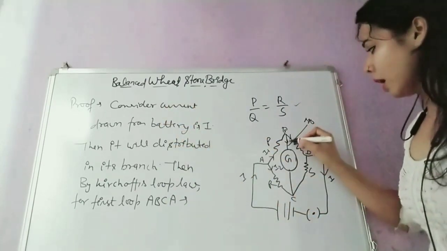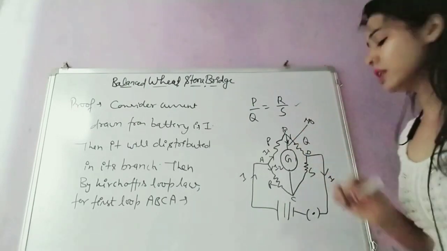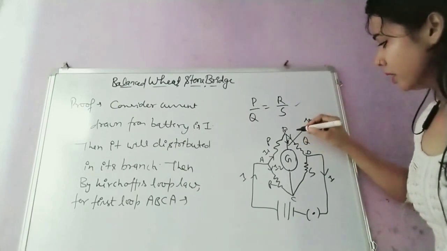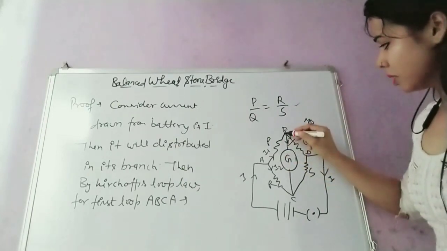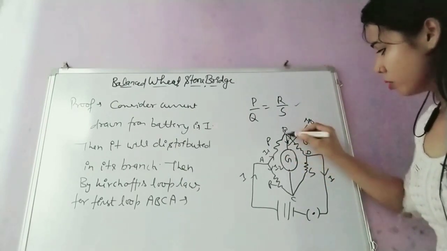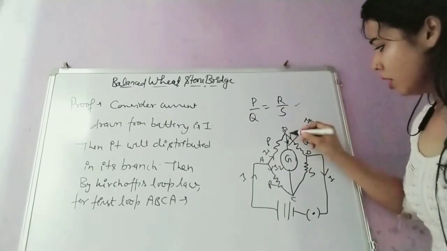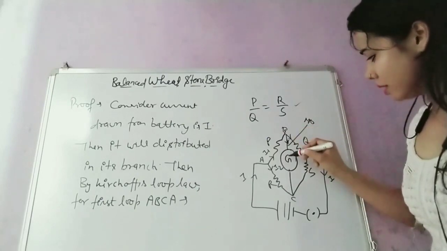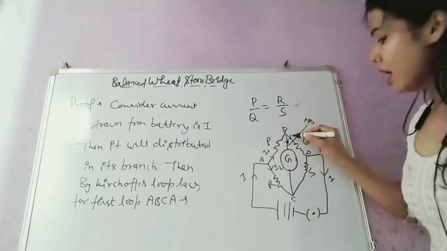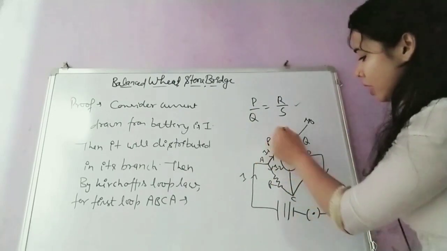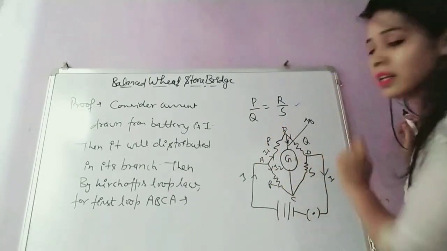So now see, suppose we are considering IG current is flowing through this galvanometer, and then what would be the current here? I1 current is coming from this side, current entering the junction equals current leaving the junction. So I1 current is coming to this junction, and IG is moving this side, then this one will be I minus I1 minus IG. See, I1 current is coming, IG is going this way, then I1 minus IG it will be.